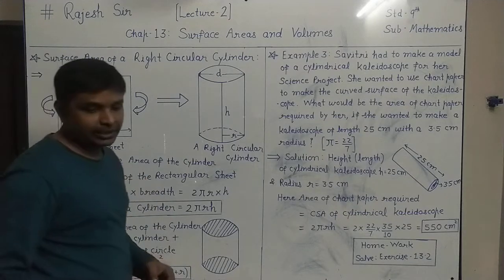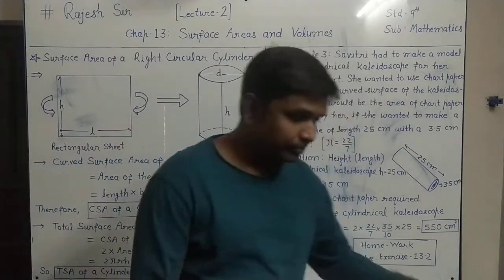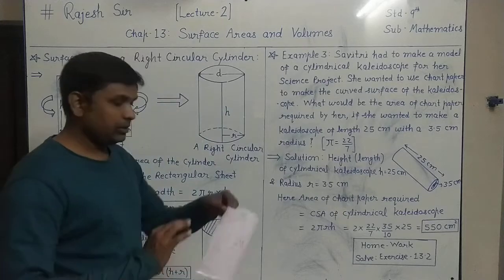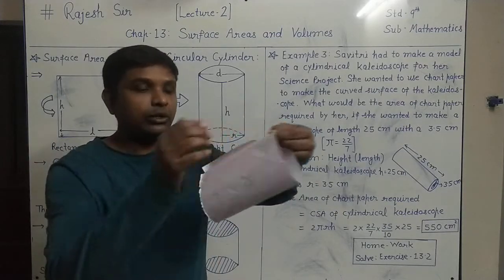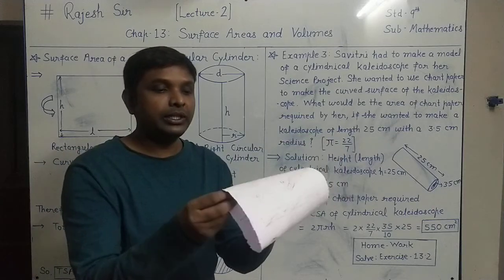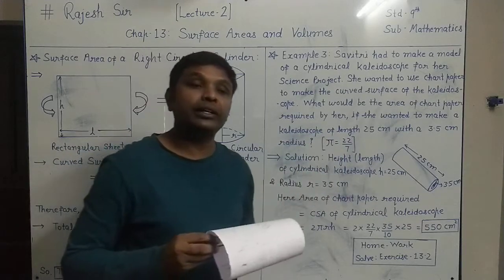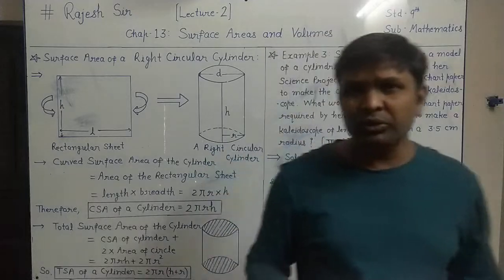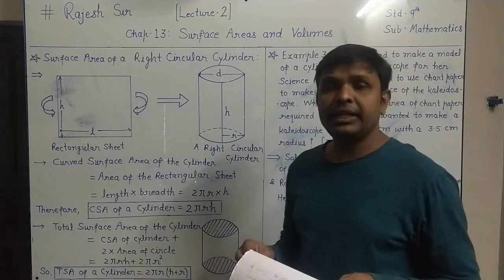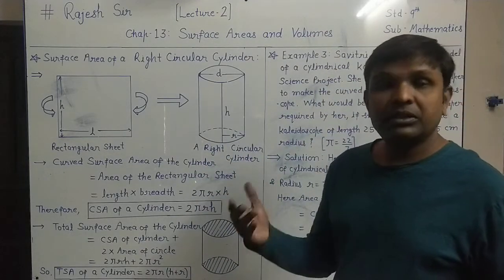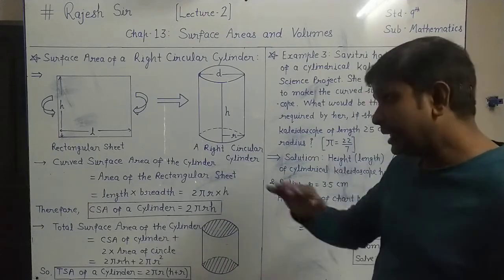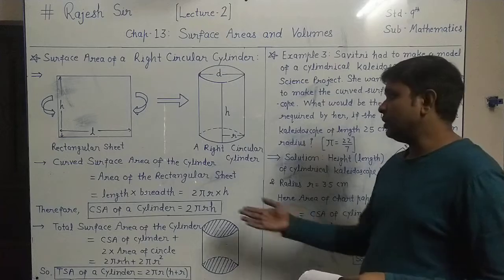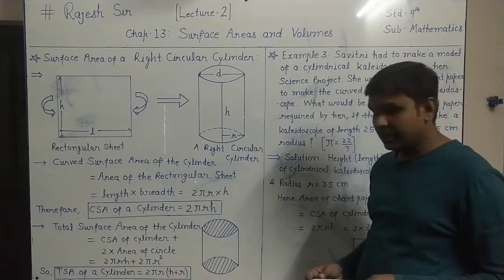Again, we will recall that curved surface area means the area is open from this side and from this side also. In a cylinder both sides are open, like any pipes you can take as an example, cylindrical pipes we know, both sides open. To get that area, the outer area is called CSA, that is curved surface area.